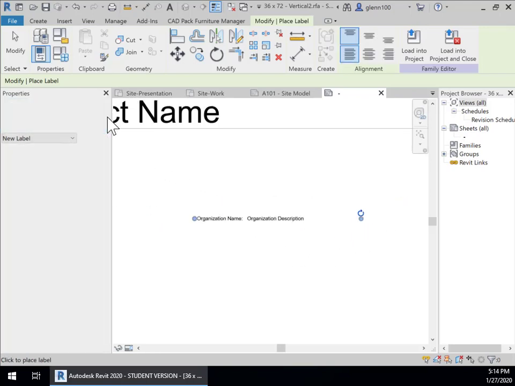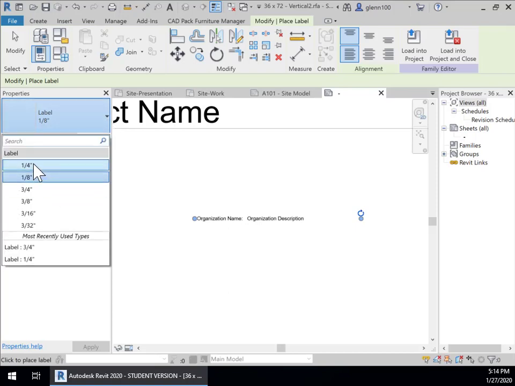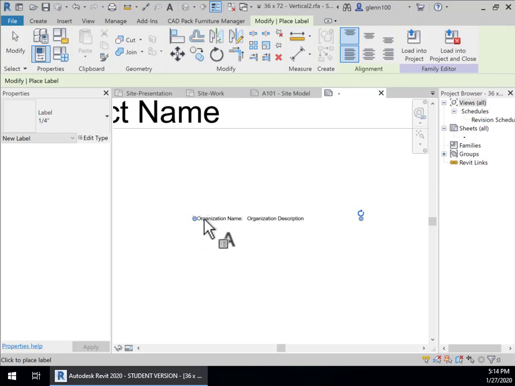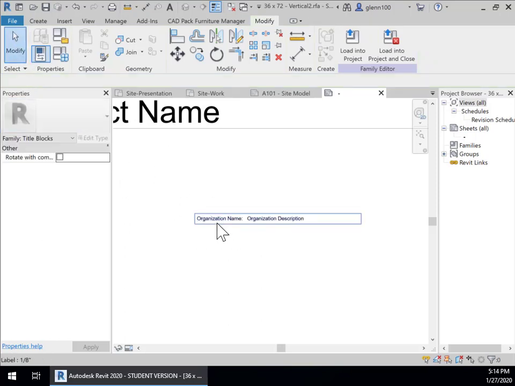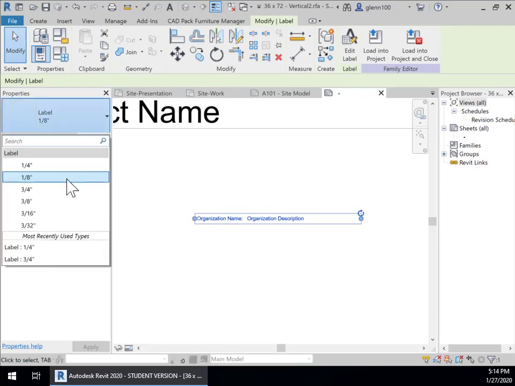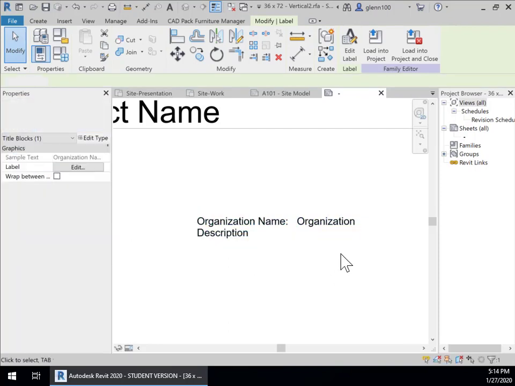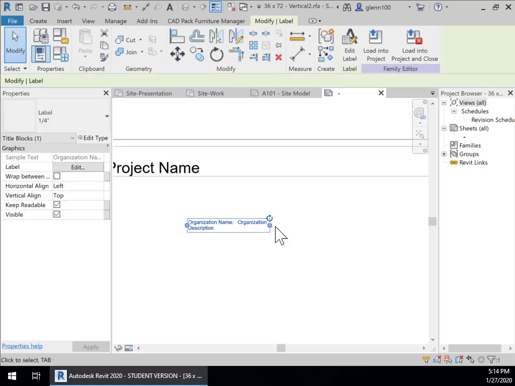And that's 1/8 of an inch. I think that's a little too small. Probably 1/4 or 3/8. We'll just go with 1/4. Okay, so, well, I don't think I changed that. Yeah, I didn't. Select and 1/4. There we go. Okay, so now